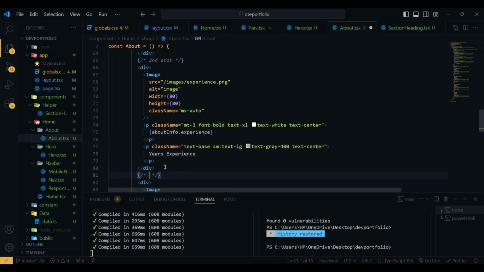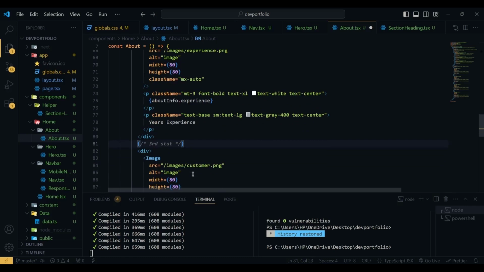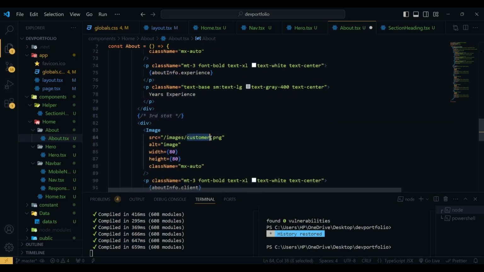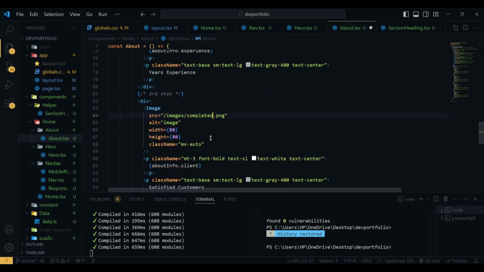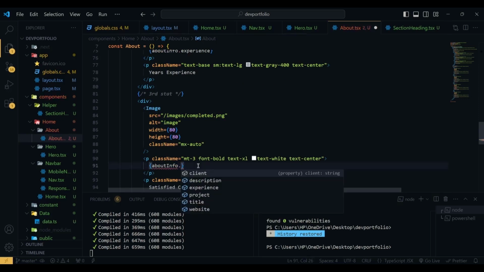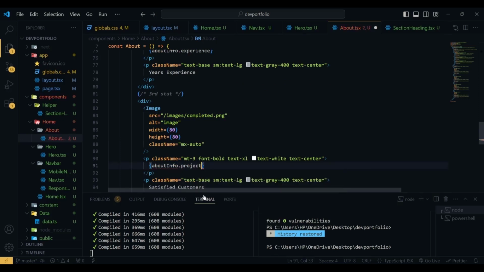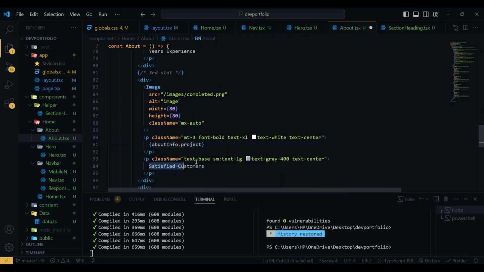Then this is the third stat. So the image here will be changed, and this one will be completed .png, and the content will be about info dot project, and this text will be completed project,